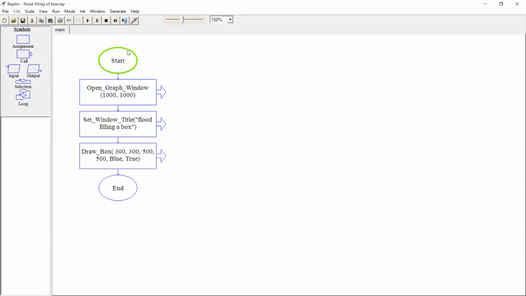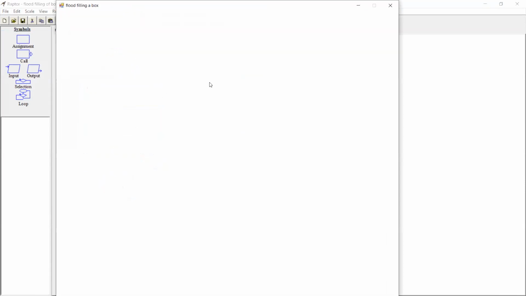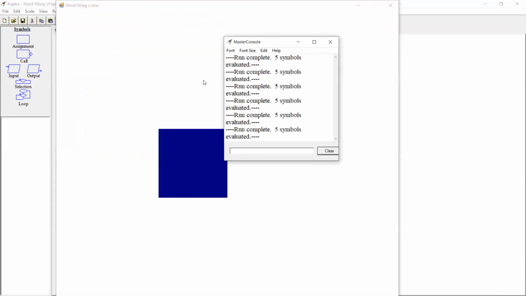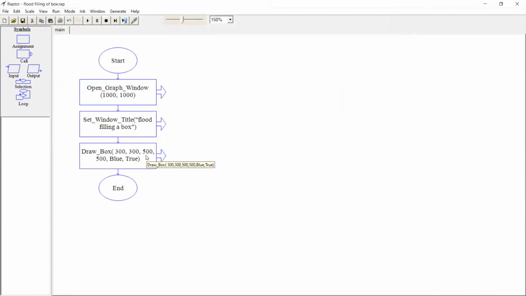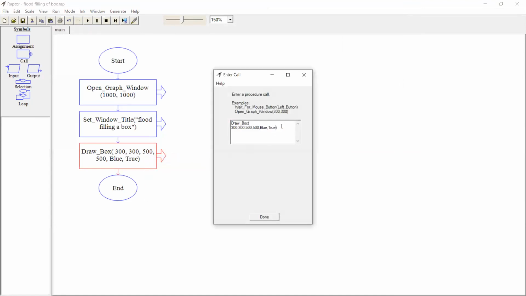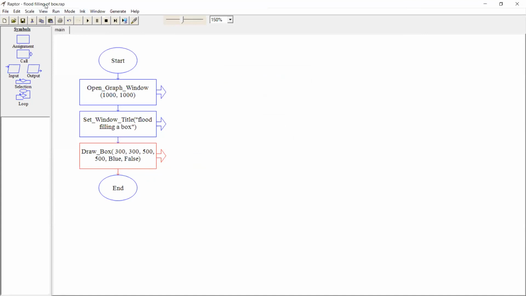Because it is 1000, maybe it will come in the center. Let us see. It came, sir. It came. Now keep it as false. That's why I'm thinking that maybe the coordinates are false, out of range, maybe. Even with me also, that might be the problem. Save it.